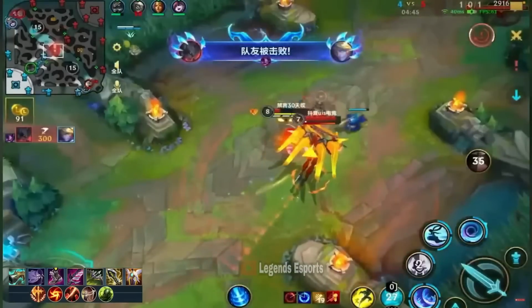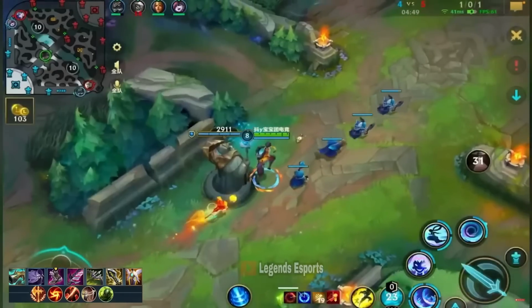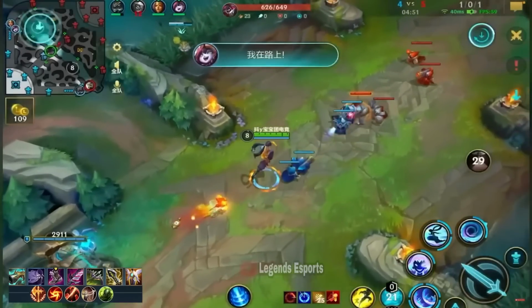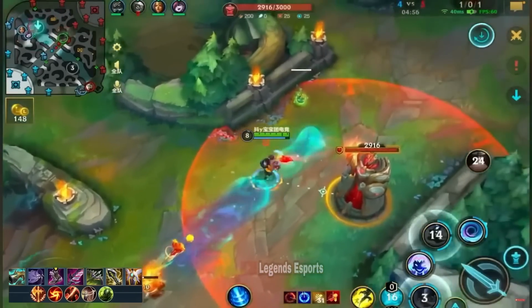Oh, his mid lane dies as well. That's very, very bad. But on the bright side, if the enemy were to go for Dragon, it would have been the most beautiful thing for the Nilah, because the Nilah always wants to get Herald. He wants to go, ooh,